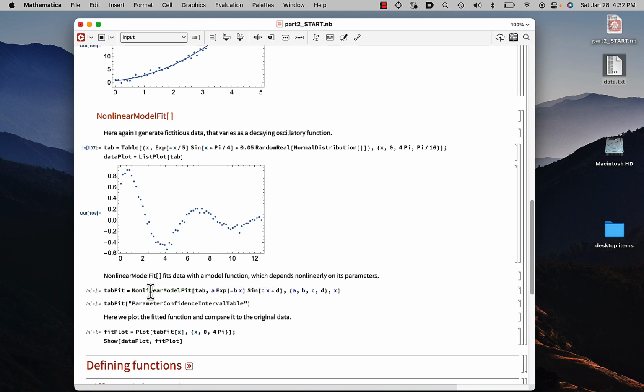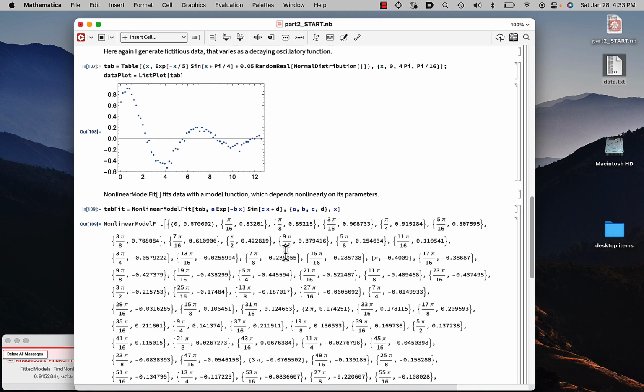So the form of this NonlinearModelFit is the table of data to be fitted, the functional form to be fitted, the list of parameters to be fitted, and the variable on which the function depends. Sometimes, if the fit is sensitive, one needs to make initial guesses for these parameters, which can be done by graphing the function with some sensible choice until a reasonable fit results. And those initial guesses are specified as, instead of A, something like curly bracket A, comma, A0, close curly bracket, and so forth. That's not necessary here. So the NonlinearModelFit,